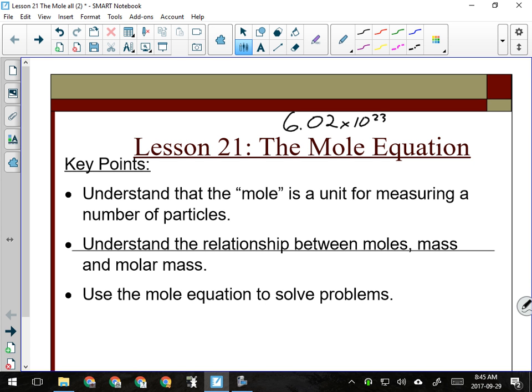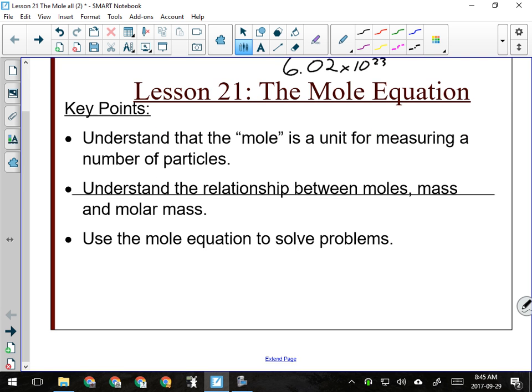All right, so the big things for today, guys, because we're basically just going to get through explaining what the mole is today, because it's a short period. The mole is a unit for measuring the number of particles. And the relationship between the mole, mass and molar mass is the mole equation. And the mole equation isn't some long big thing that's like differential or whatever. It's easy. It's this: n equals little m over big M,